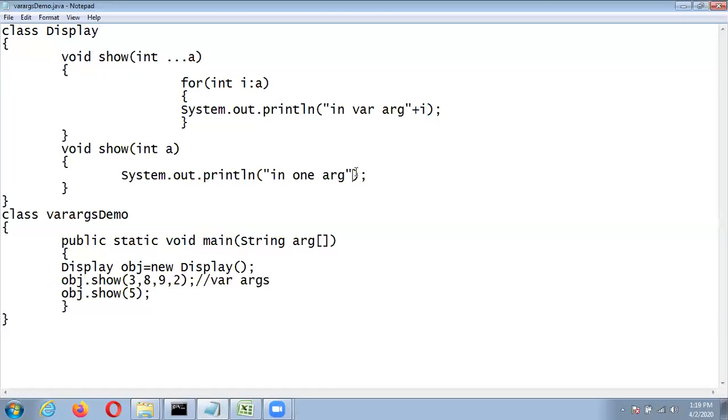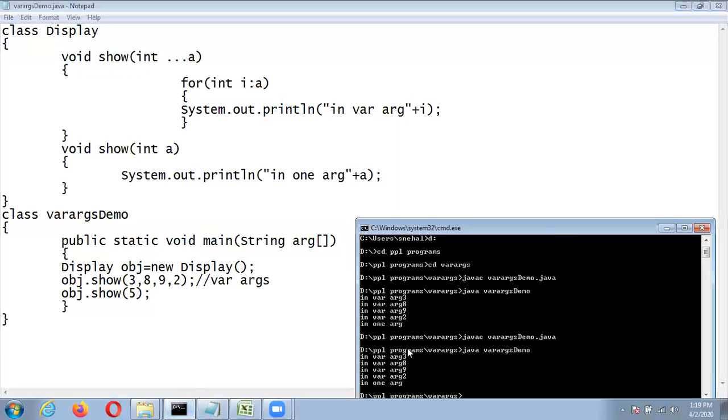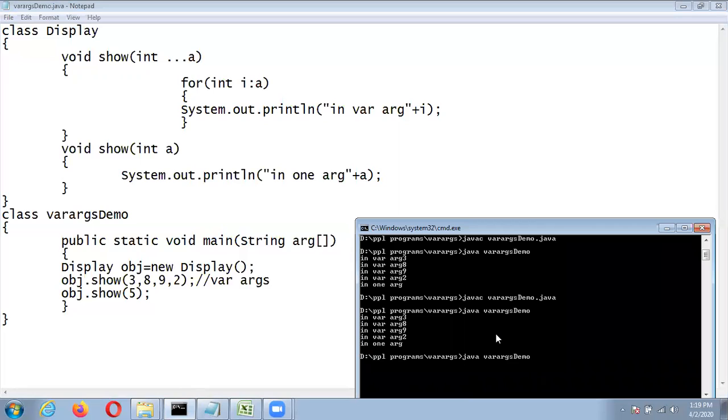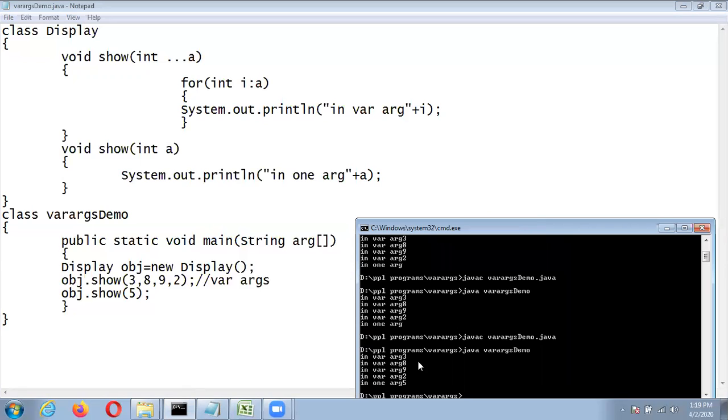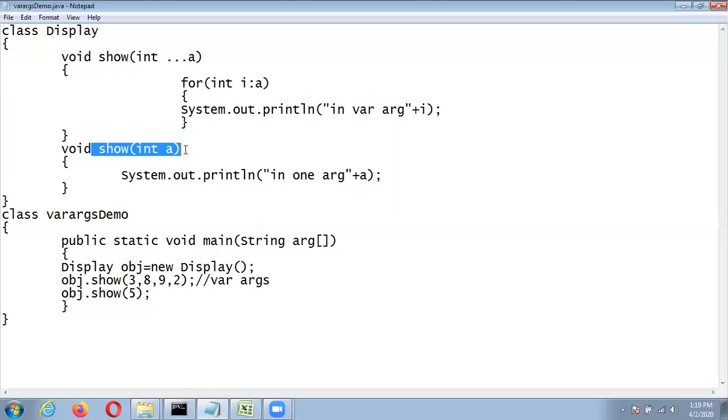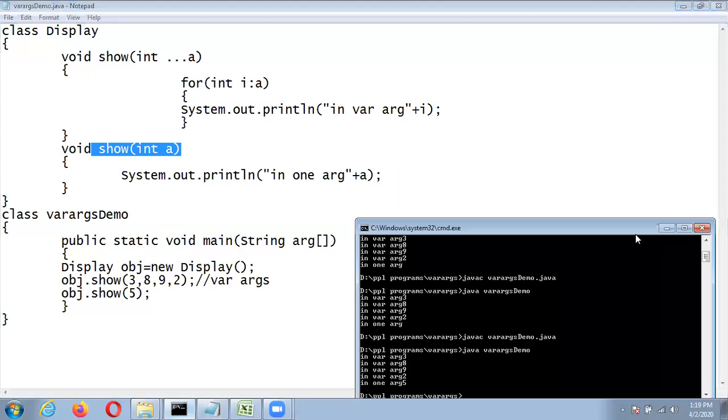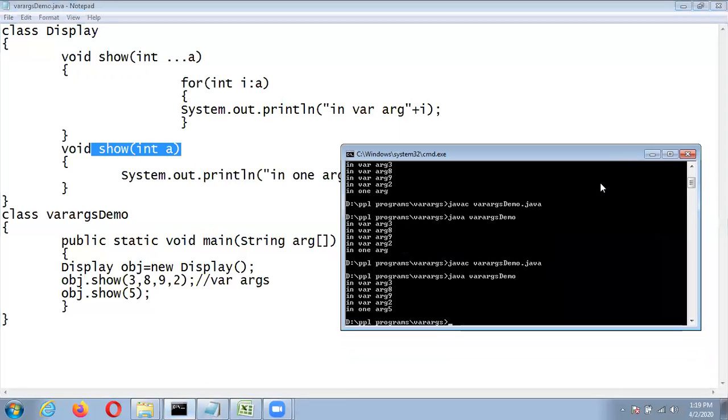We can display it over here like this, plus a. So it will display the value of a also over here by using the one argument method. So this is about varargs.